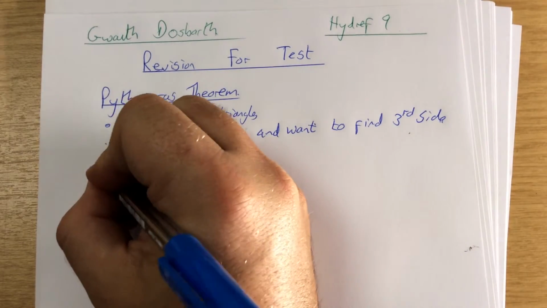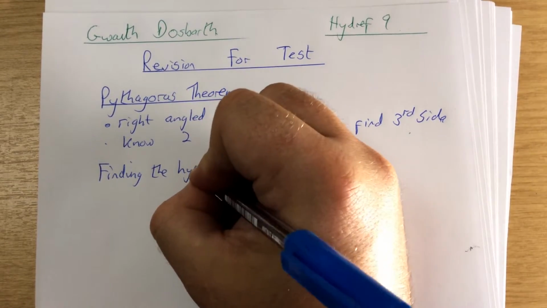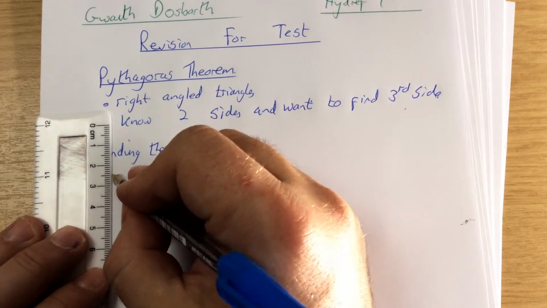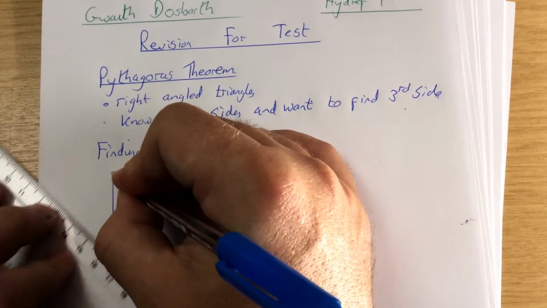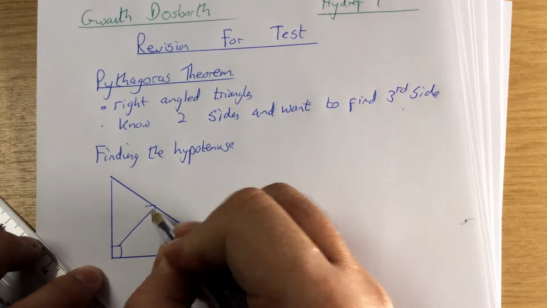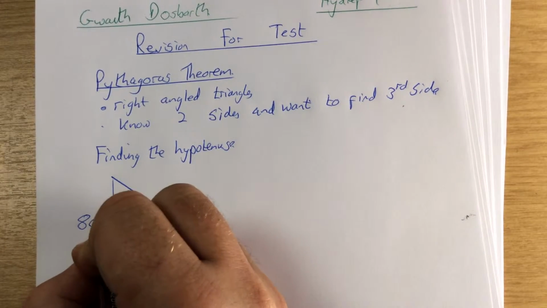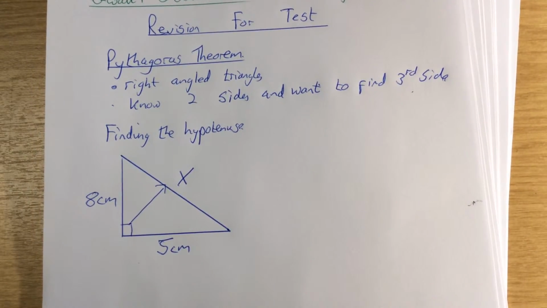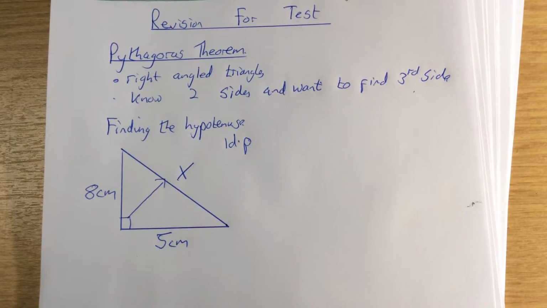First of all, if I'm finding the longer side, the hypotenuse, I'm going to start by finding the hypotenuse. So when I'm finding the hypotenuse, first thing you need to know is the right angle triangle, okay, is where it makes like an L shape. Opposite the right angle is the hypotenuse. If I am finding the hypotenuse, what happens is I know two sides and want to find the third side. So if I'm asking you to find the value of x to one decimal place, when you're finding the hypotenuse,